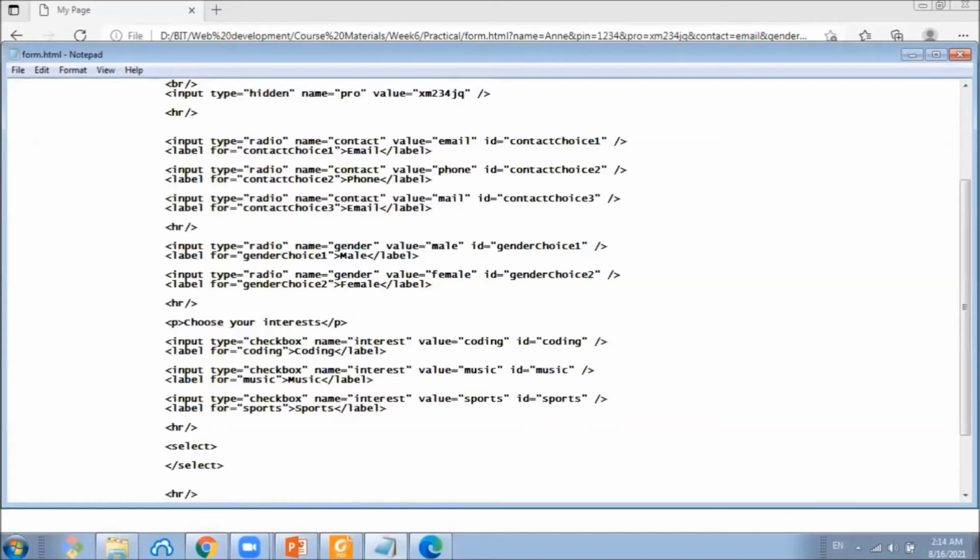The option tags inside the select element define the available options in the list. By default, the first item in the drop-down list is selected. To define a pre-selected option, add the selected attribute to the option, like this.